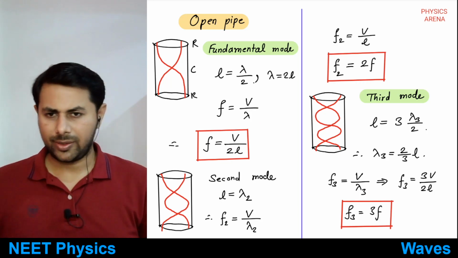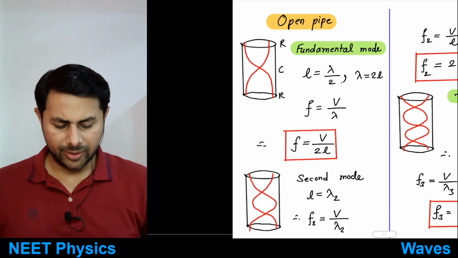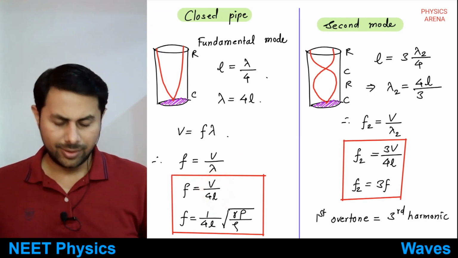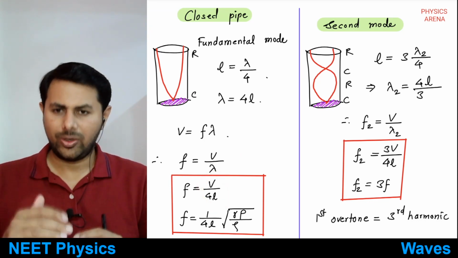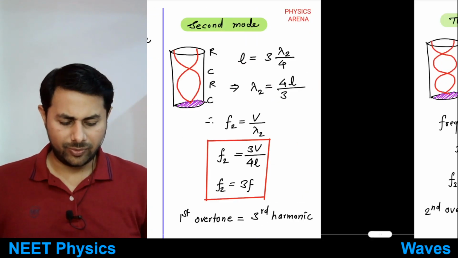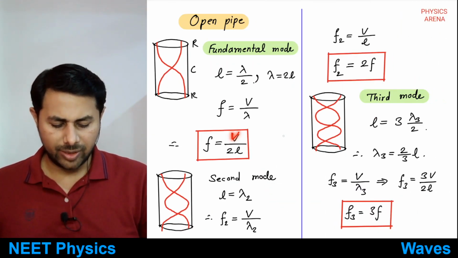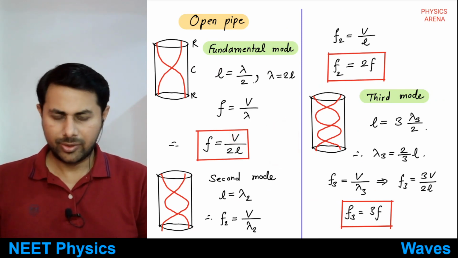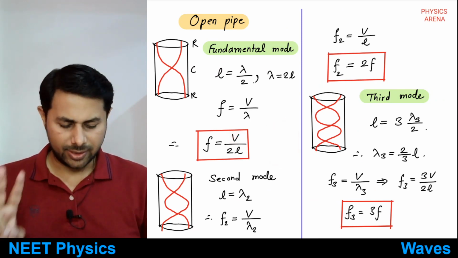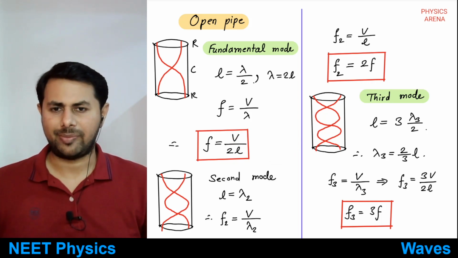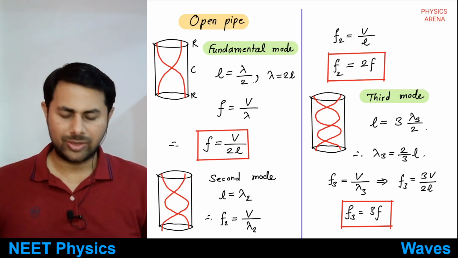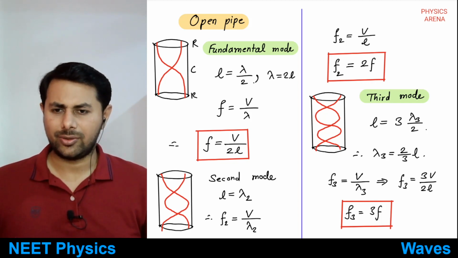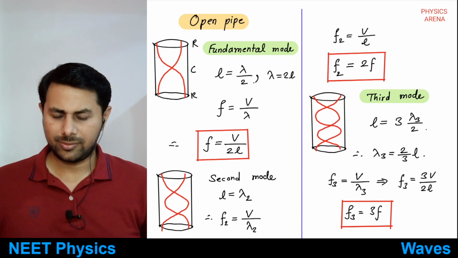Okay, for the fundamental mode, what is the frequency? For a closed pipe, it is V divided by 4L. Okay, so if you have pipe of same length, then for open pipe, the frequency is V upon 2L, means the frequency of open pipe is twice as that of frequency of the closed pipe. Okay, frequency of the open pipe is 2 times as that of frequency of the closed pipe. Okay,